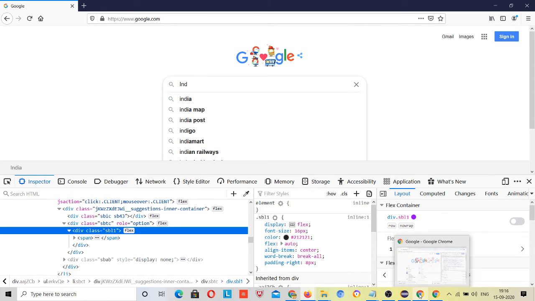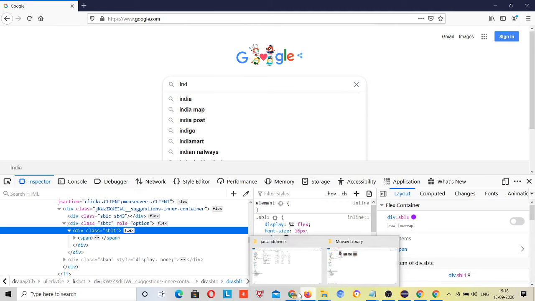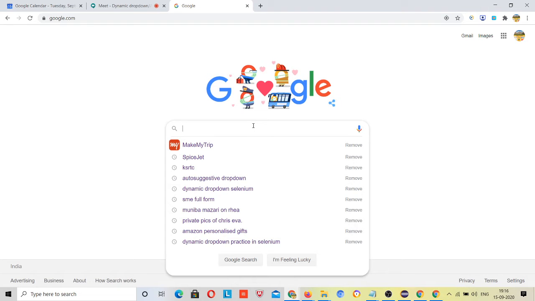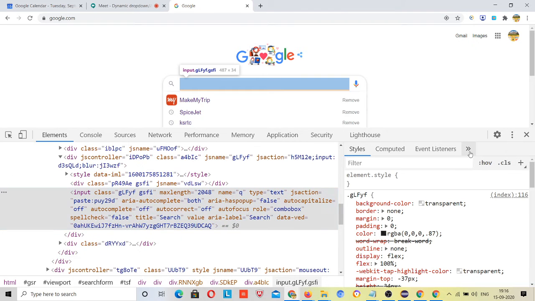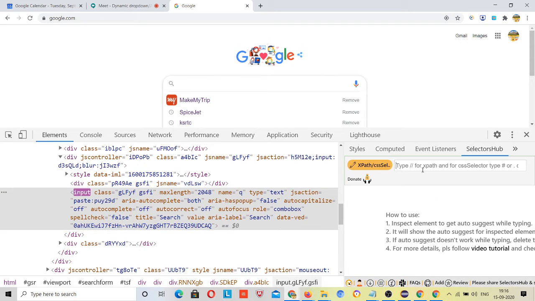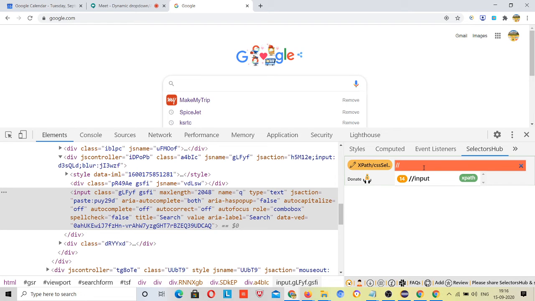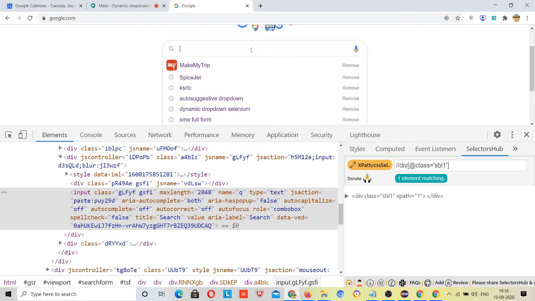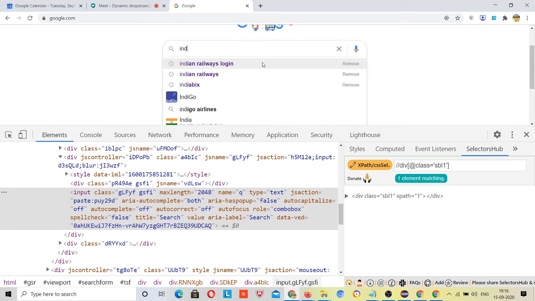We can go to our ChroPath plugin, right click, inspect, and see SelectorsHub, and just type div tag, with @class equal to this one. Currently it doesn't have any. Okay, this is suggesting something, that's why here IND suppose. Okay, then let me click it.